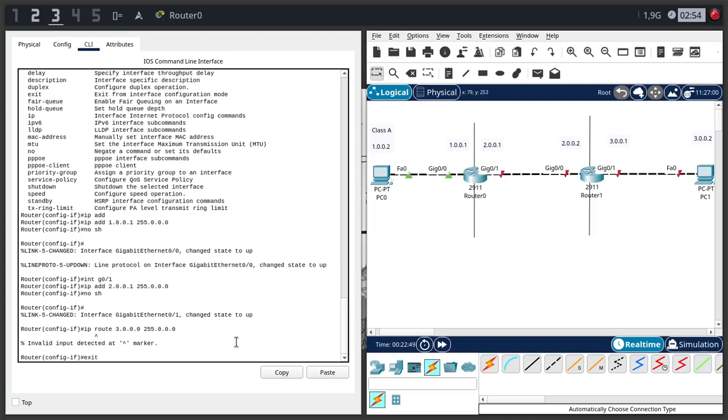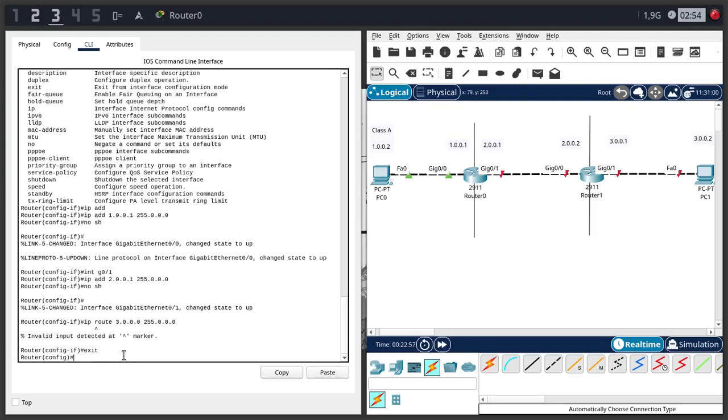Oh yeah, we have to exit out because as you can see we're in config-if. So this is the interface configuration, not the appropriate place where we're supposed to set this up. We're supposed to be in the global configuration when we do this. So basically the same thing,